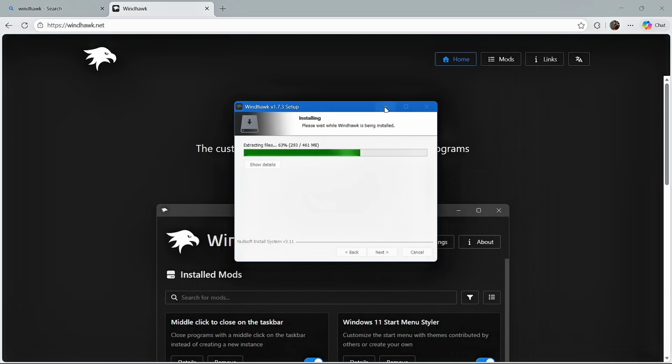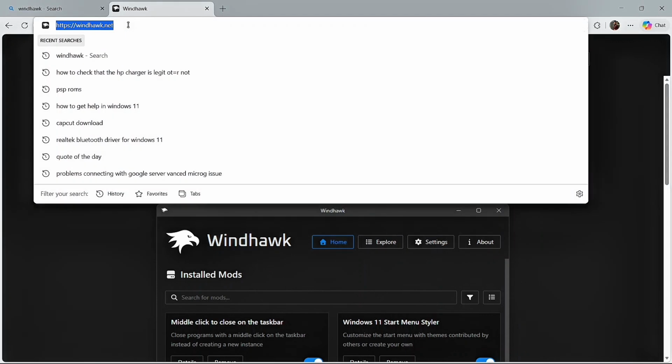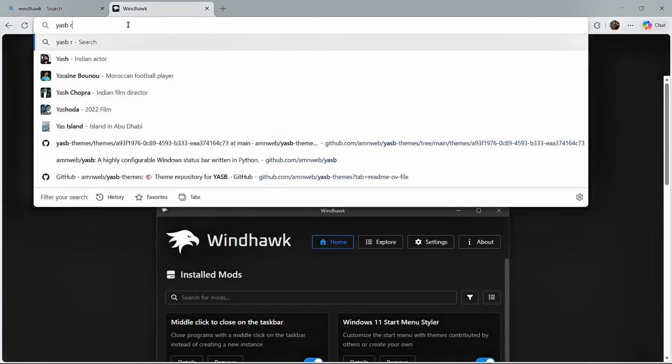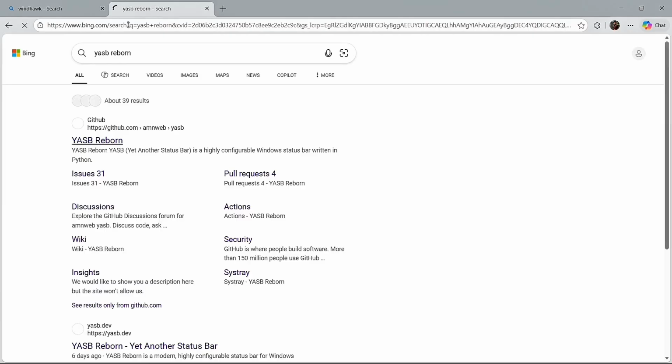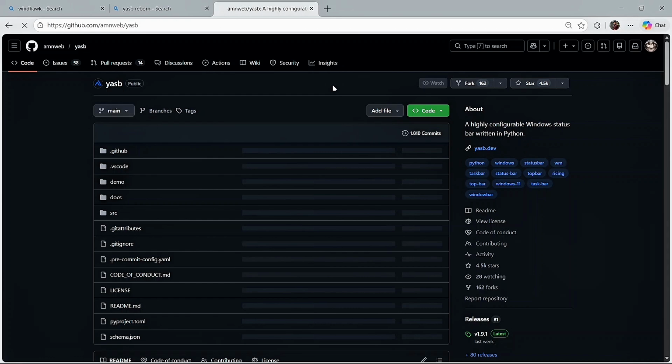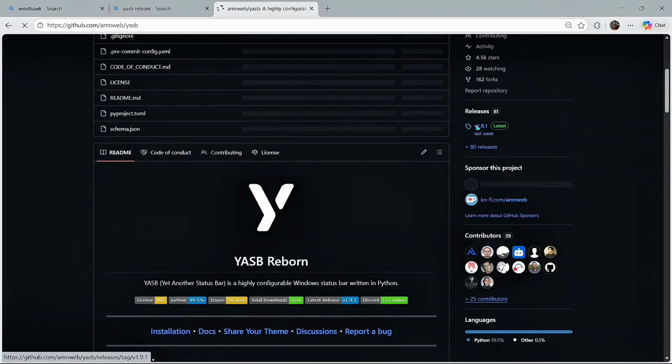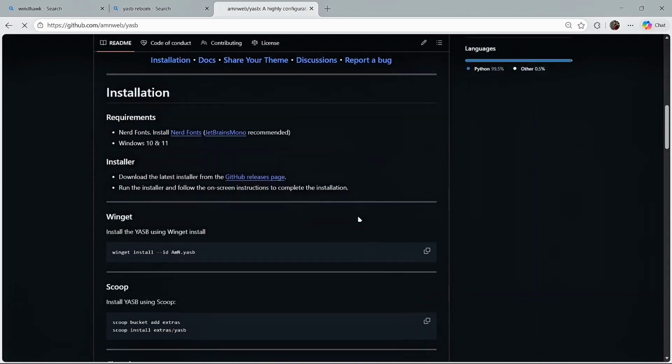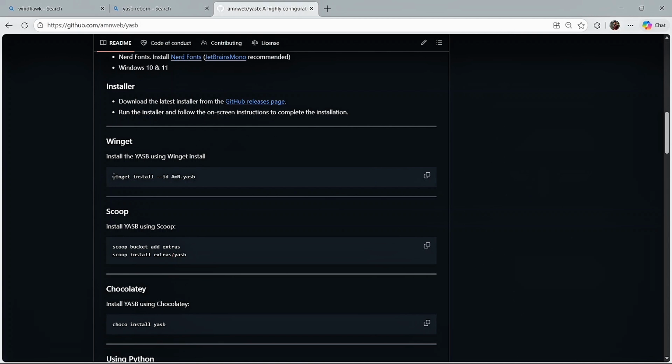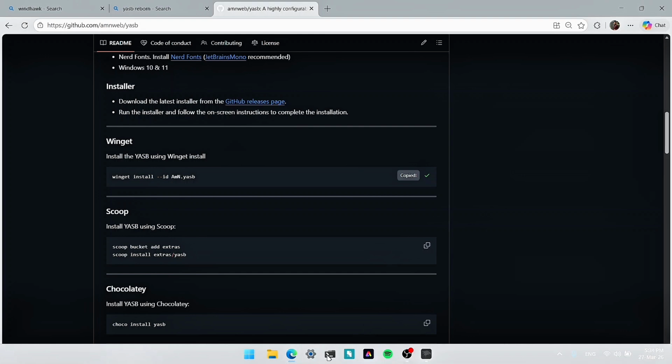While it's installing, we can download and install Yasp Reborn. Search Yasp Reborn. Then go to the GitHub, on Releases tab. Then here you see the winget command. You have to copy this command and paste it in terminal.